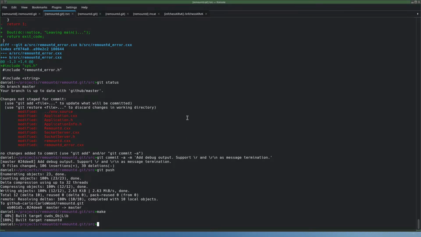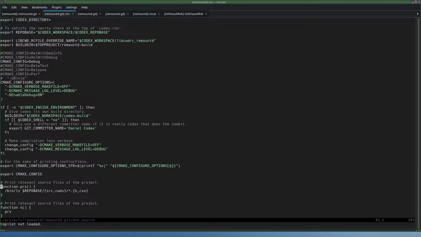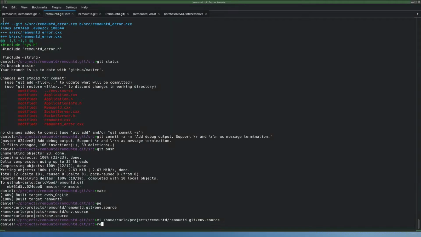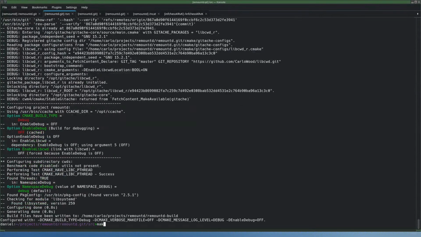Okay, well, I'm wondering if I can turn debug output off. Even compiling. Turn compiling on, linking. Compiling, I don't care, maybe just linking. By enable debug off. Well, that should definitely work. So configure, make.